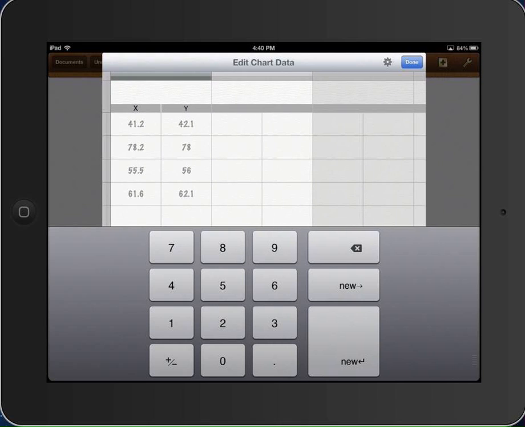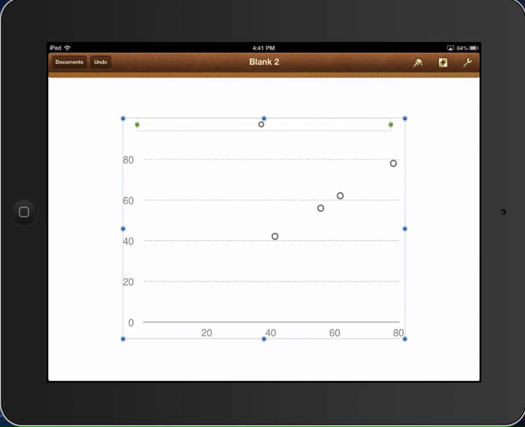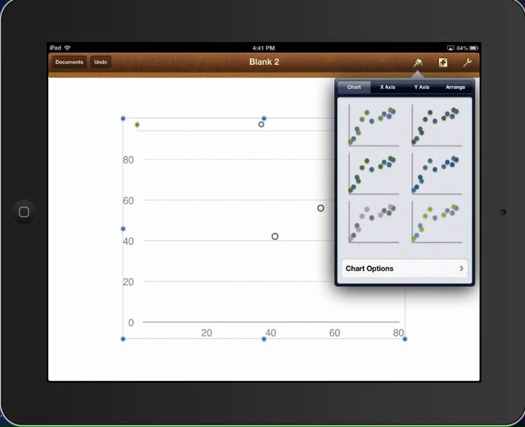Okay, on the left, on the x, is the mass of the boat in grams, and the y is the mass of the displaced water in grams. Now, you don't need to worry about putting those units in here because you'll take care of that on the chart. I'm going to click Done. Click Done, you should see something like that. Okay. Now, in this case, I'm going to do my paintbrush. I'm going to go Chart Options,